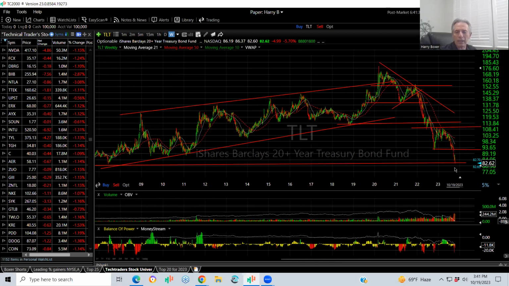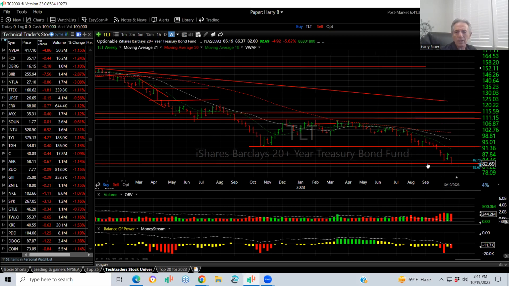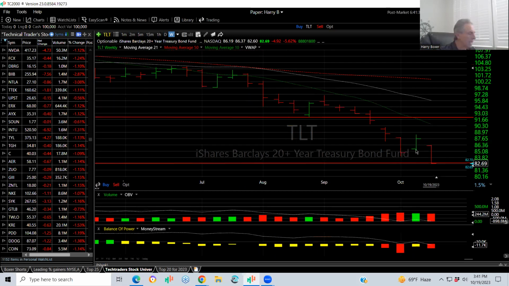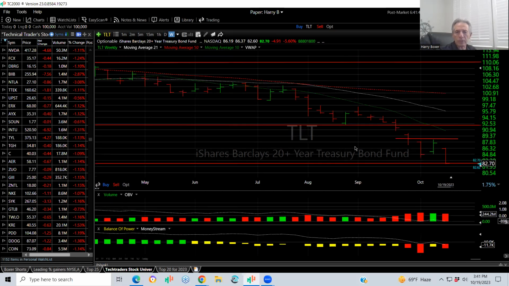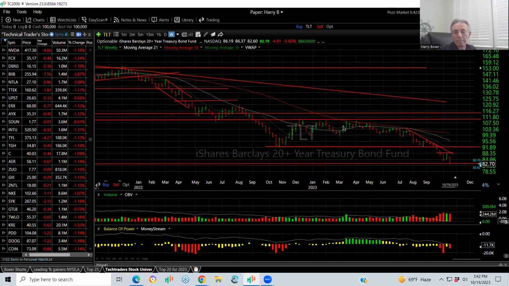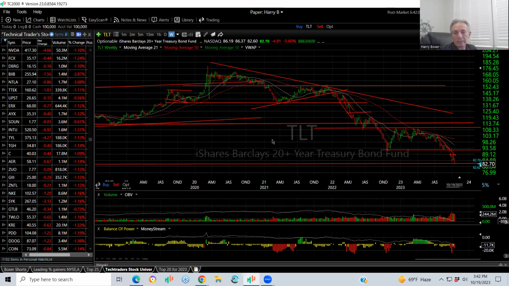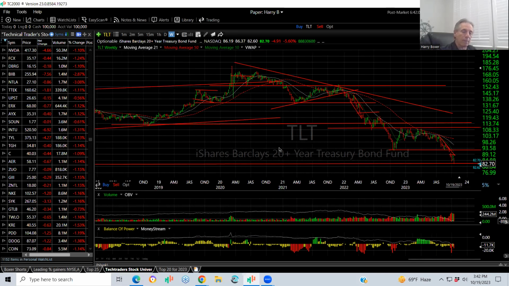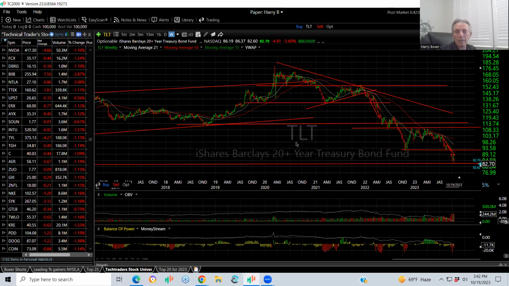And I'm also not going to buy it here until I see some kind of reversal. You see the bounce yesterday? That high was 88.47. If in fact you see a price volume surge above that, which also would take out this declining top line, then through that level, 92.5, through that level, 95.75, possibly 100. No more than that, though. I think any rally up in that range should be sold. Again, with interest rates the way they are, maybe going higher, this could very well be making new all-time lows down here.